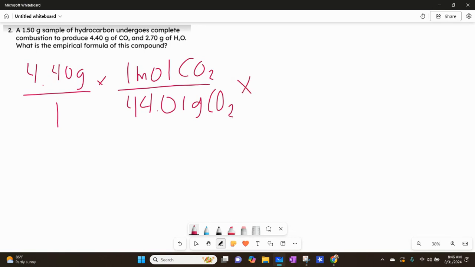Then we're going to multiply that by 1 mole of carbon. Notice how it's carbon and not carbon dioxide. And 1 mole of carbon dioxide. And when we divide 4.40 by 44.01,